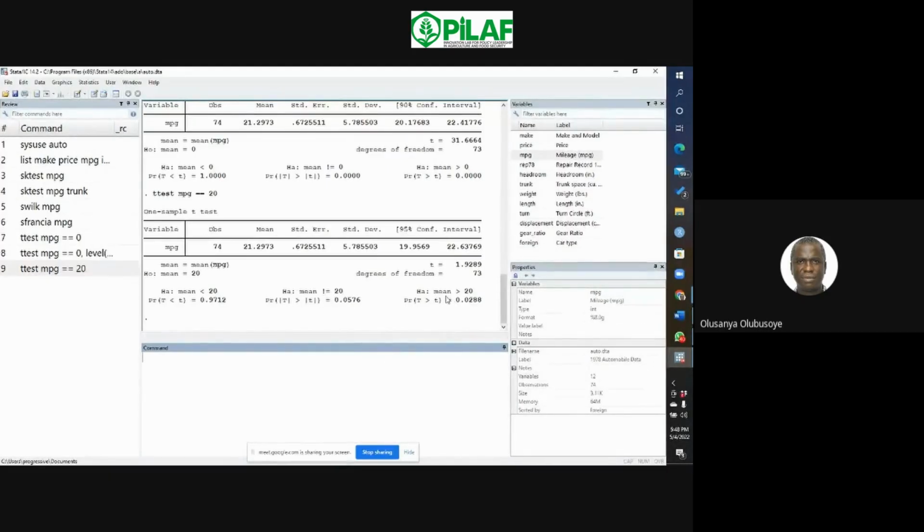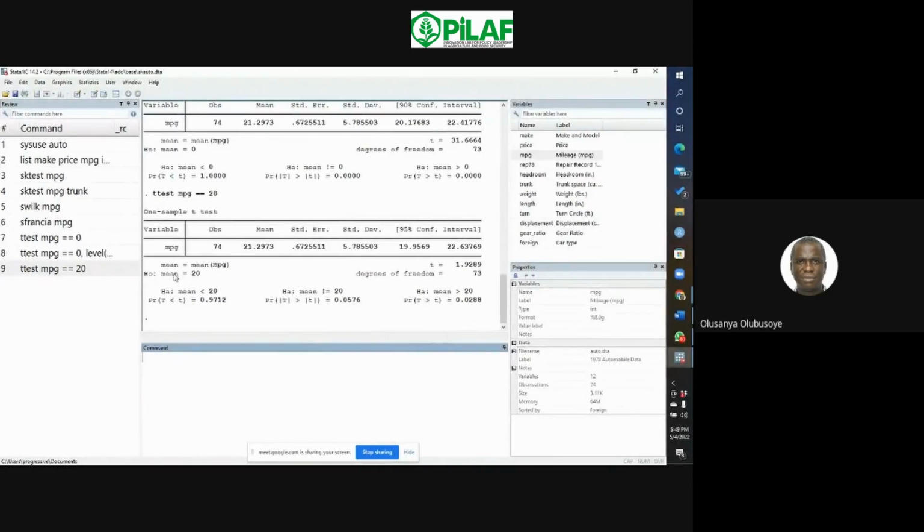When the alternative is that the population mean is greater than 20, the p-value is, sorry, 0.0288, which is less than 0.05 for alpha. So since it's less, we can reject that it is not greater than 20. But here we can accept that it is not equal to 20. So the null hypothesis that we are testing here is that the population mean is equal